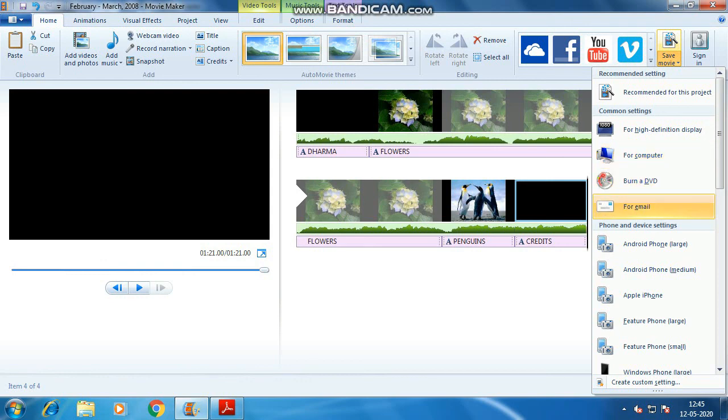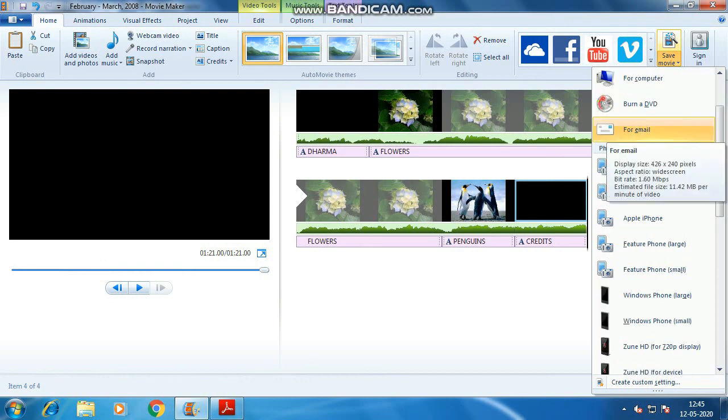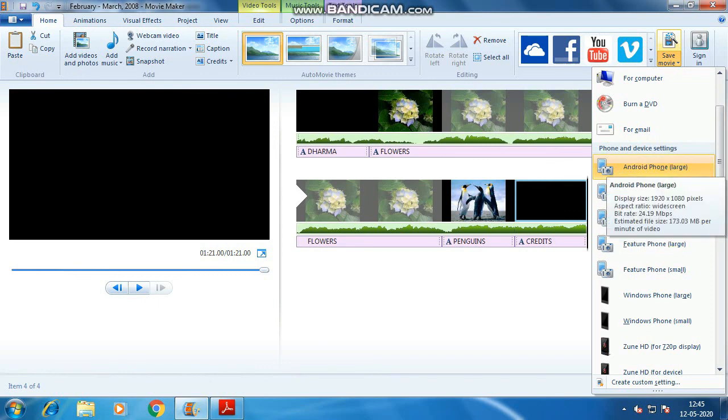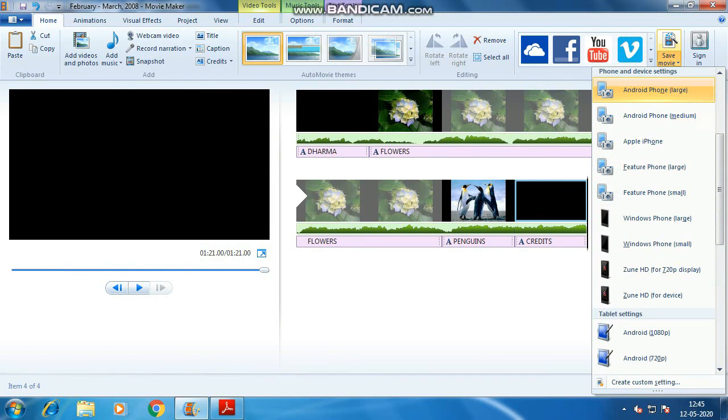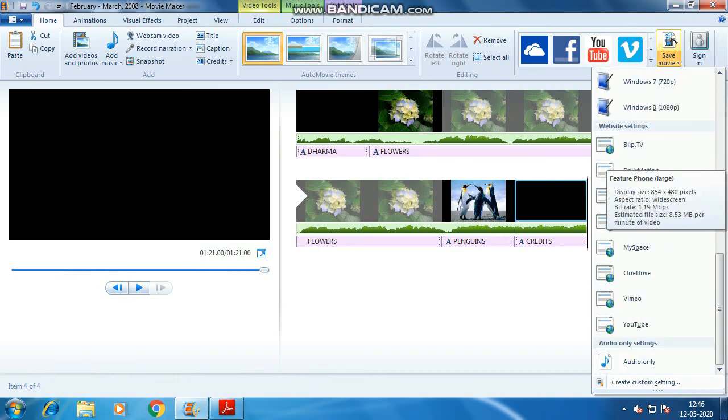This for computer, if you click here, this video will be saved for monitors, those having CRTs, cathode ray tubes, kind of television screens. Burn a DVD for email, you wanna send it via email, so the clarity will be a bit declined. You can see the display size 426 into 240 pixels, right? The size is gradually decreased. And for Android phone, large phone, when you are hovering over the mouse here, it is showing you one. So every Android phone is 1080 pixel enabled screens. So medium iPhone. So for each and every smartphone or any device, Windows Movie Maker is giving you the facility to save the video with compatibility, right?